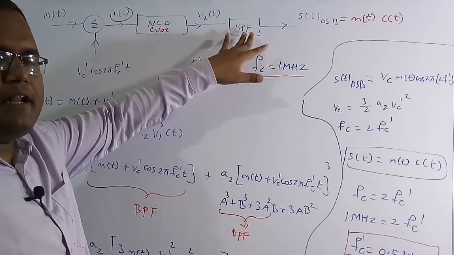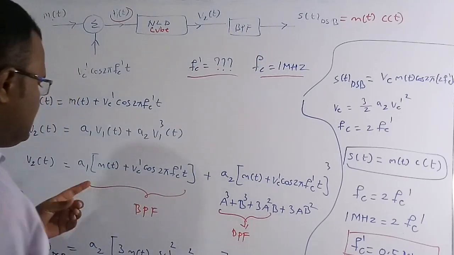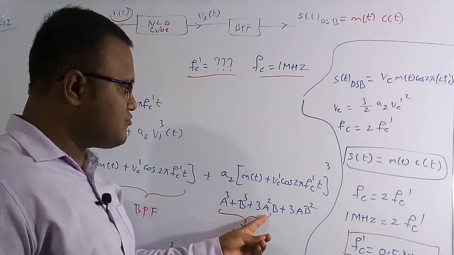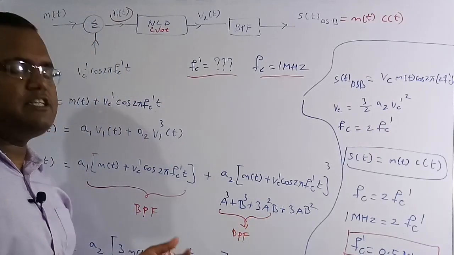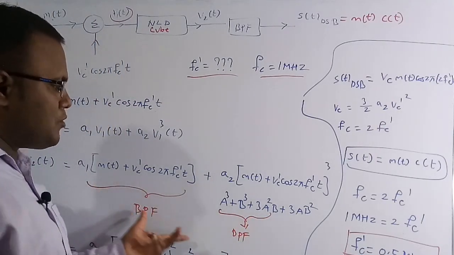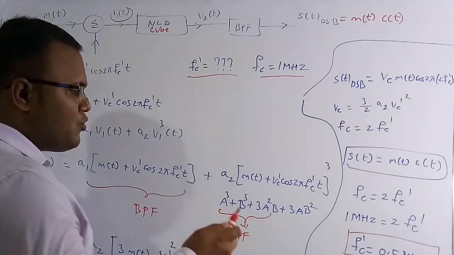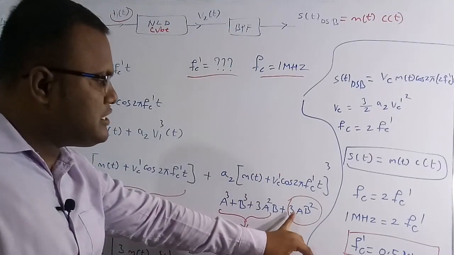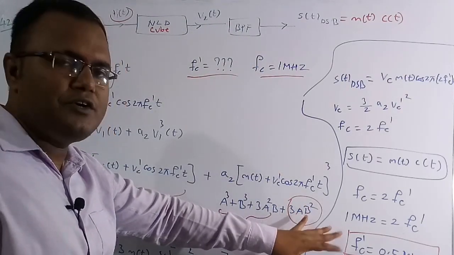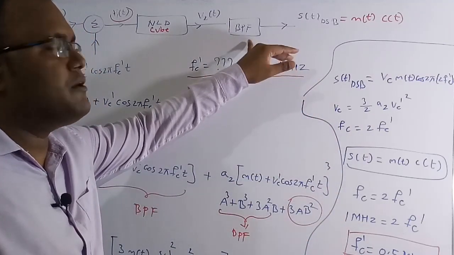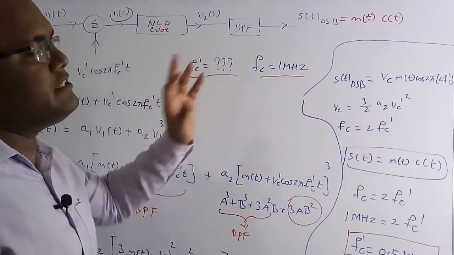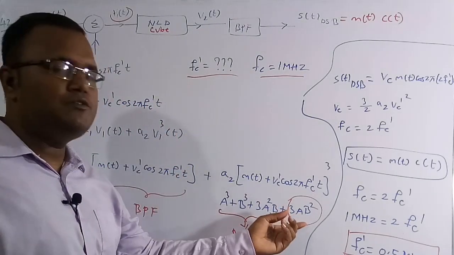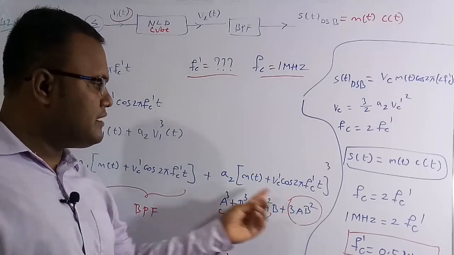So we are going to choose a band pass filter in such a way that the first two terms and these three terms, A³, B³, 3A²B, all these terms are filtered by this band pass filter, means all these terms are removed by this band pass filter. The only term we are going to get at the output of this band pass filter is 3AB². Remaining all the terms are filtered by this band pass filter by choosing a particular frequency. So now the only term which we are going to get is 3AB² into A2.